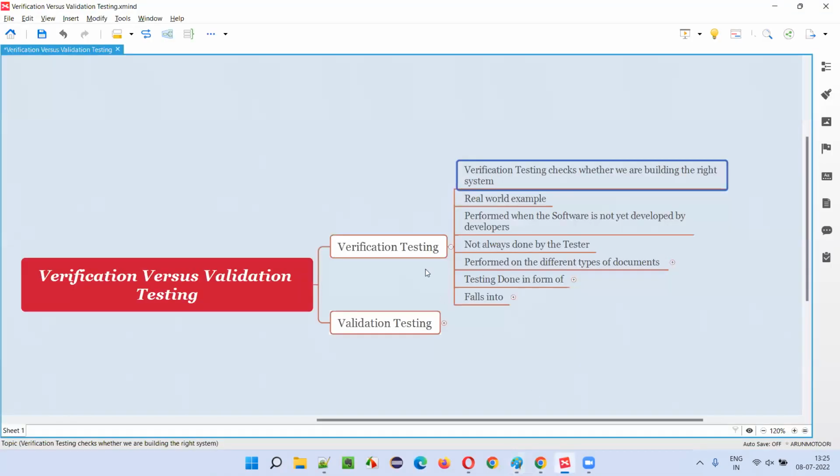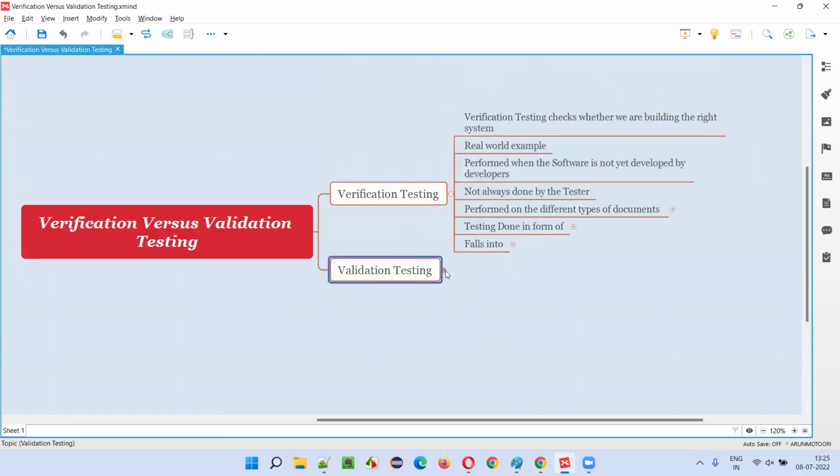So here, as part of verification testing, we check whether we are building the right system, that is, the correct system or not. Whatever the client has asked, whether we are building that or not is tested as part of verification testing. But coming to validation testing,